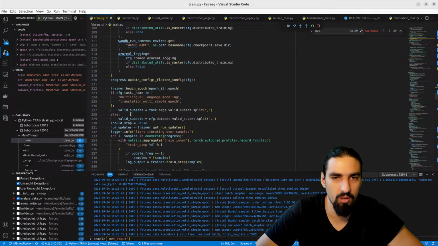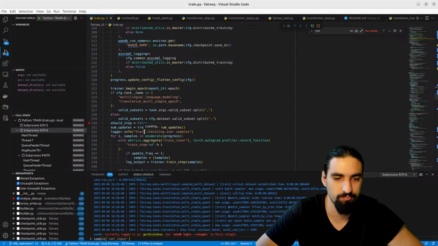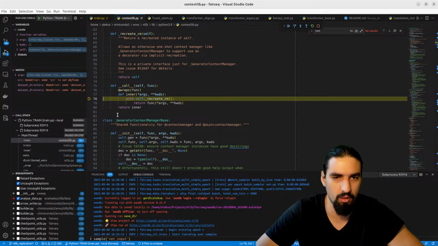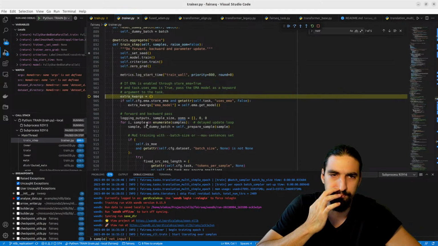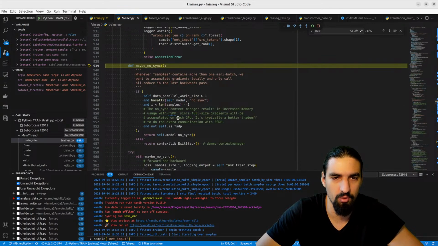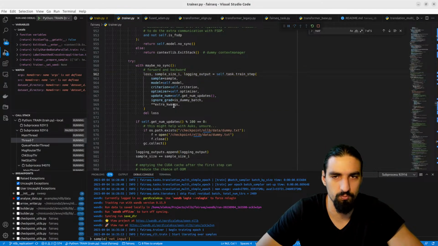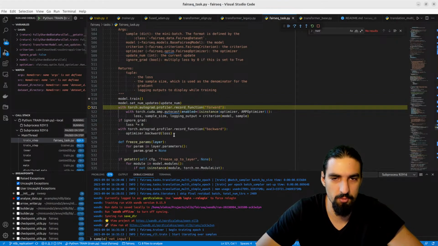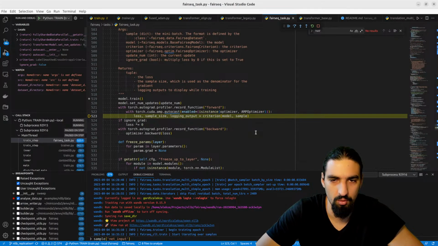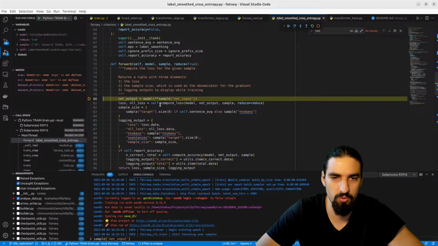Let's go to the progress, train step, enter here, model train, enumerate, go through the samples, prepare the sample. Let's again enter into the train step here. Set it to train. Okay, I'm going to skip this part. Let's go. Forward pass. Let's see what's going on here. So sample,